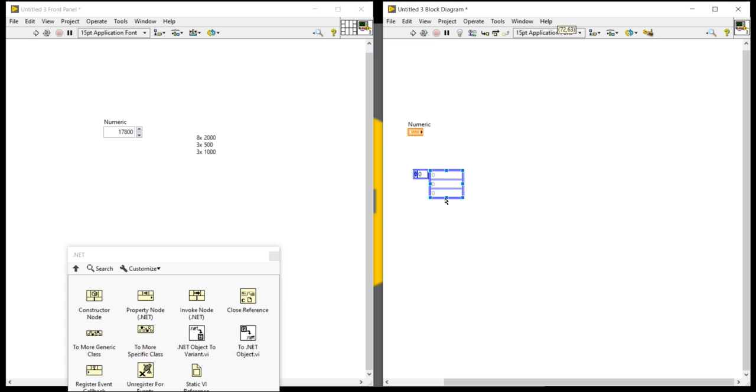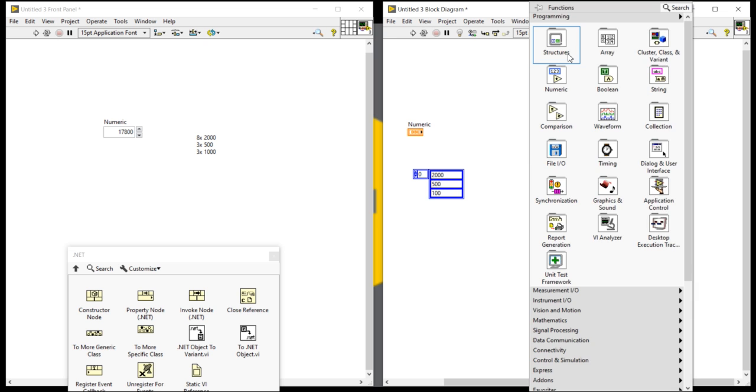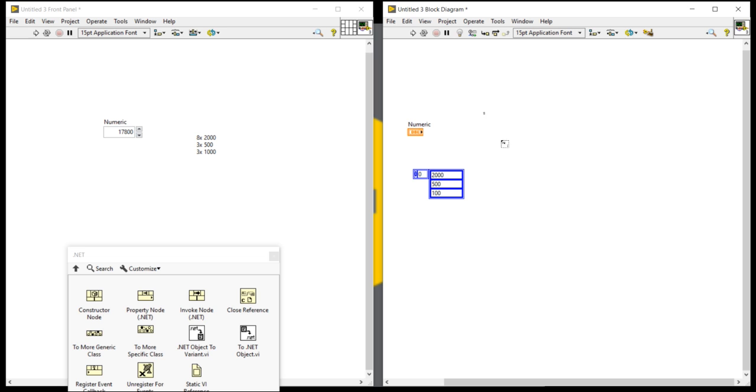Now in this array I am going to write my 2000 rupees note, 500 rupees, and 100 rupees. After that, take a for loop. Here I am going to take numeric as input.